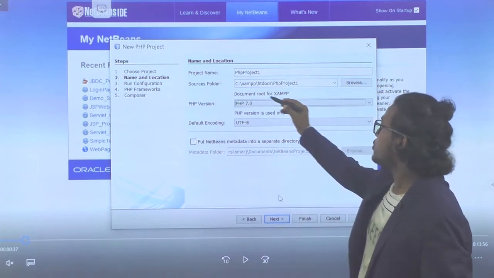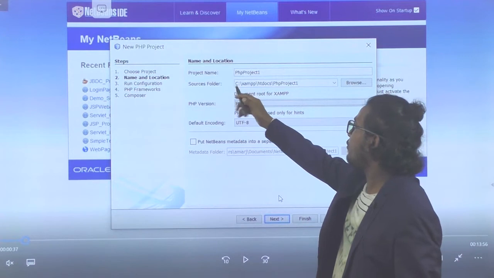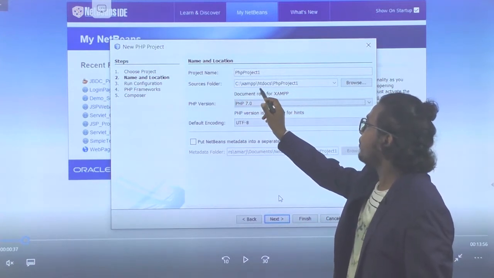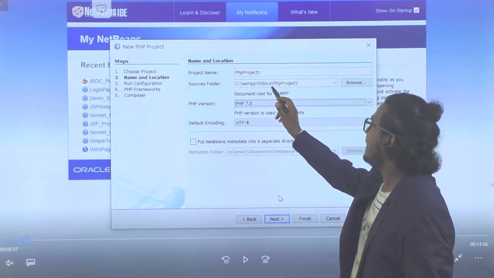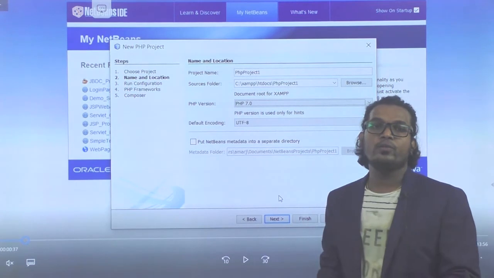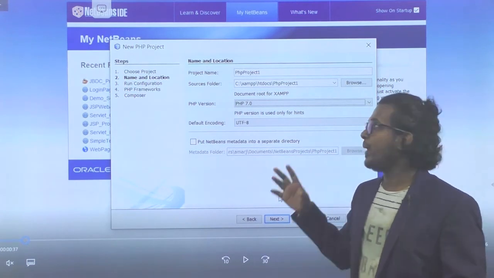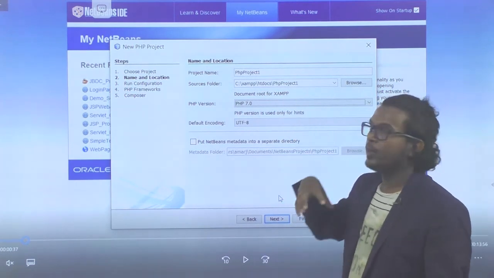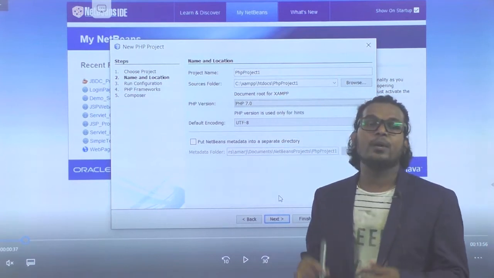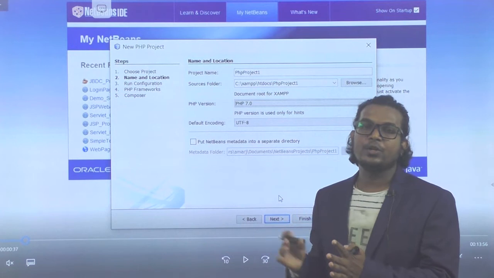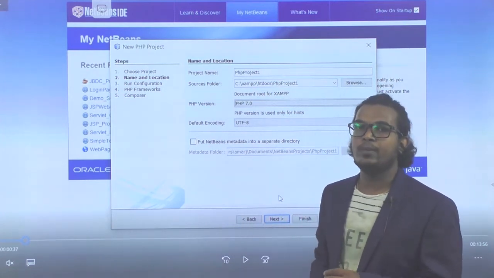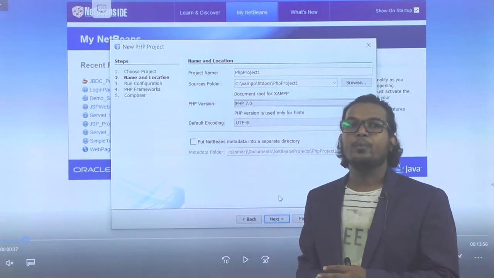So first you save all your files in a particular folder. That folder is the XAMPP folder, XAMPP/htdocs. There you have to save your file, or automatically all your PHP related files are stored in your XAMPP folder. In that XAMPP, we are having htdocs. In that folder only we are storing all our PHP related information or PHP projects.